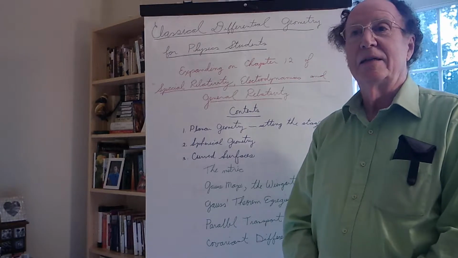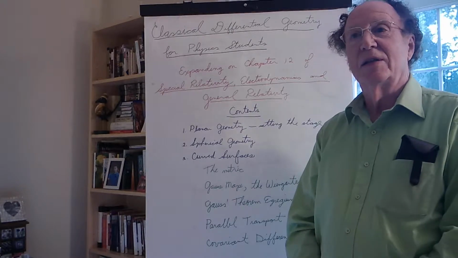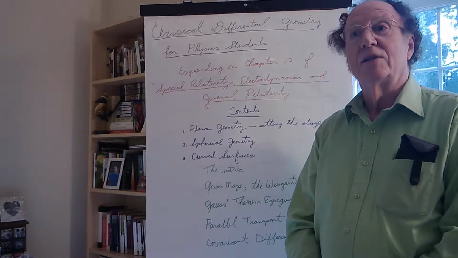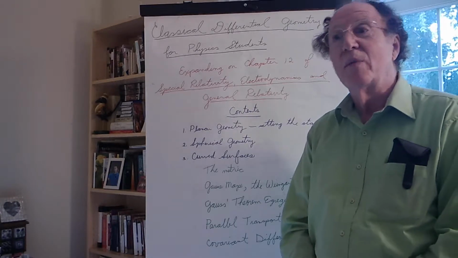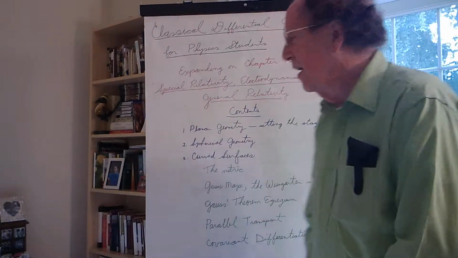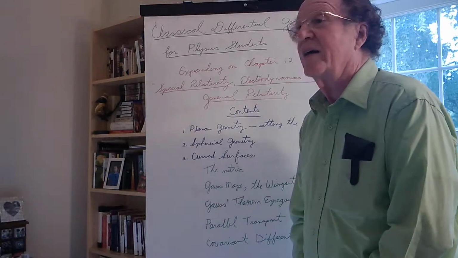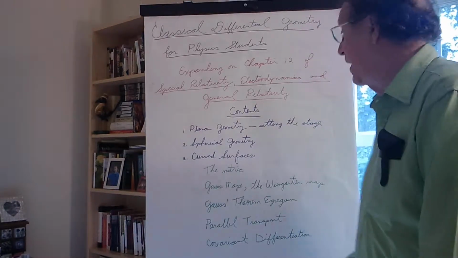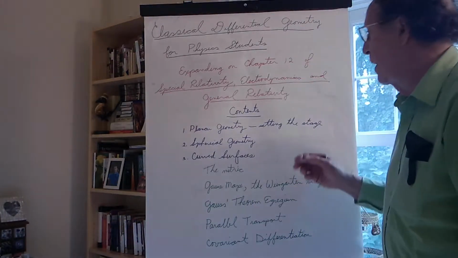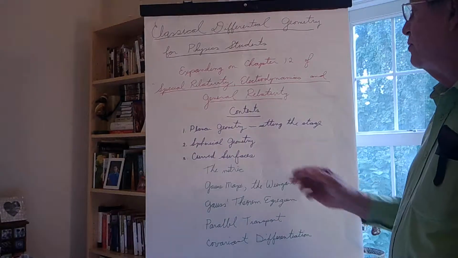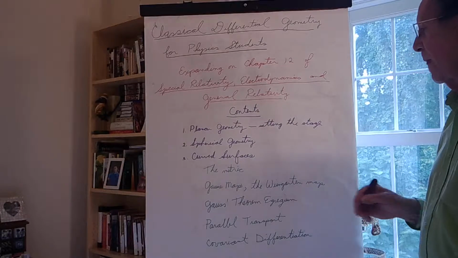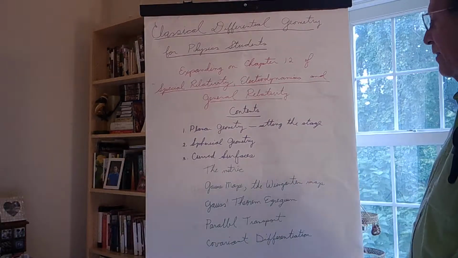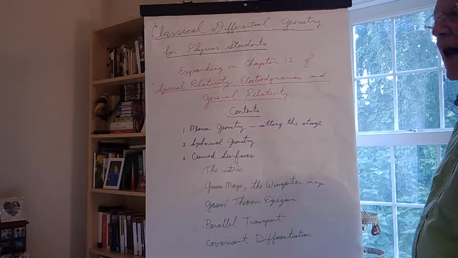curvature, geodesics, Jacobi geodesic deviations, some of the underlying ideas of differential geometry that find their application in relativity. So planar geometry, spherical geometry, then curved surfaces. We'll discuss the metric. We'll discuss the meaning of the Gaussian map and the Weingarten map, classic